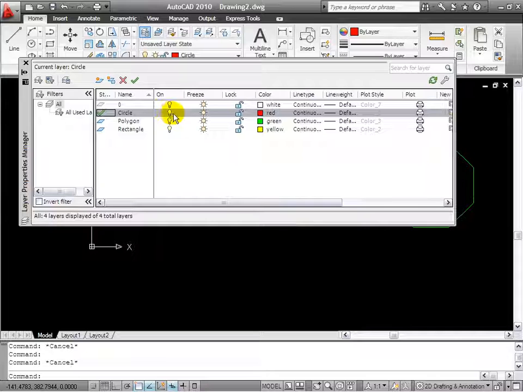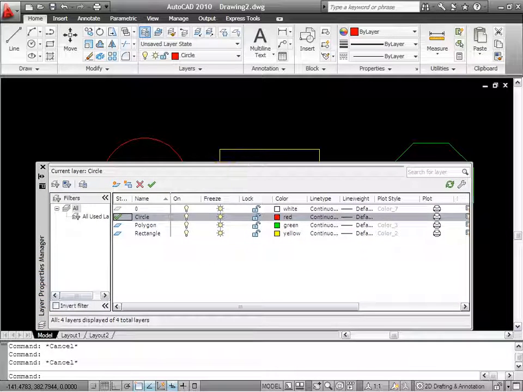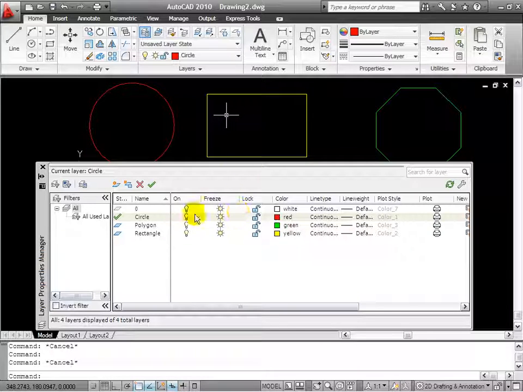For example, I want the layer circle to be off, so I can mouse over to the on off button here, which is like a bulb, but just simply click on the bulb here,